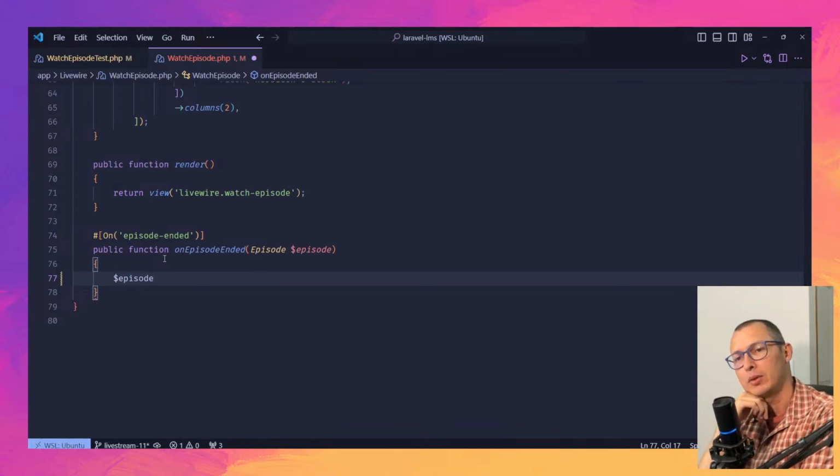So what we have to do here in order to change the state of this component is to set the